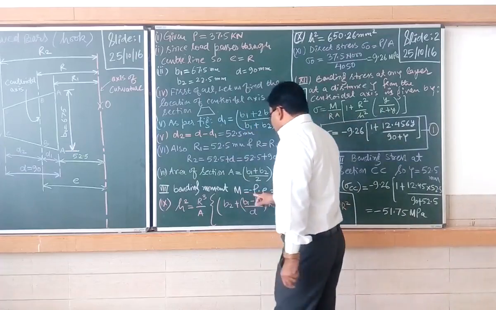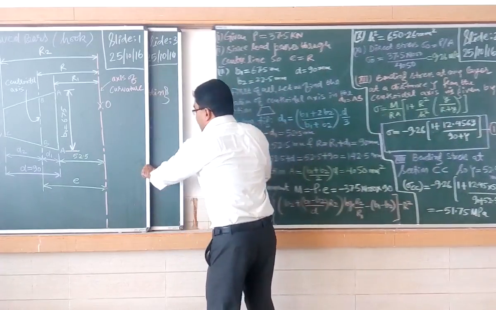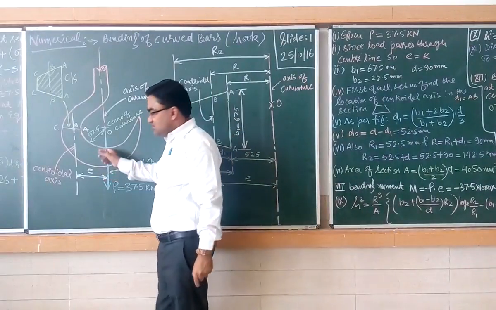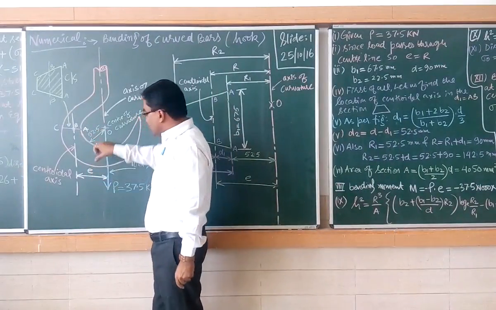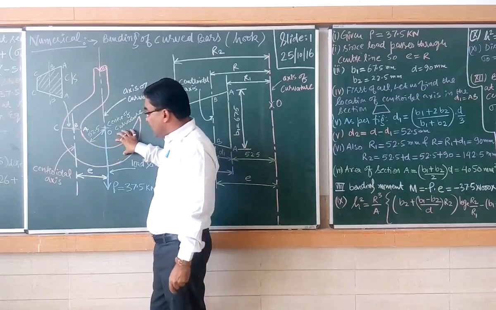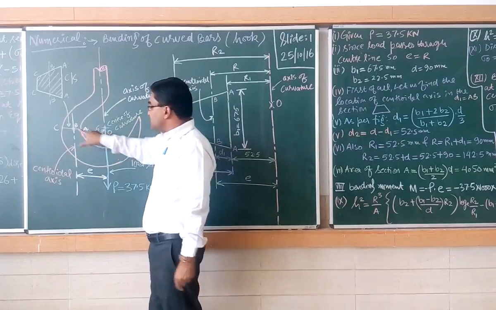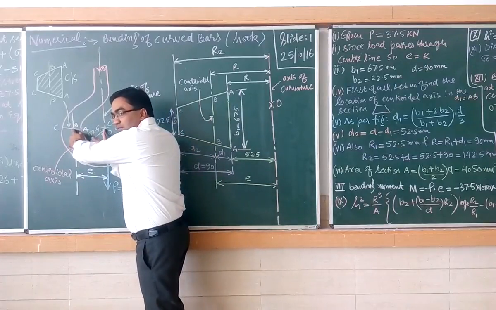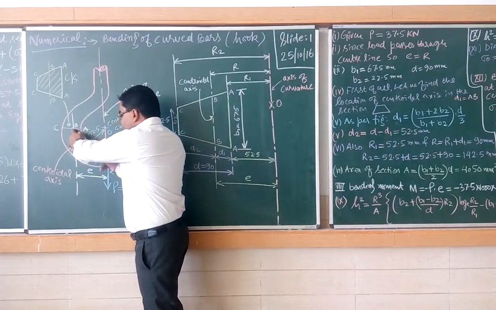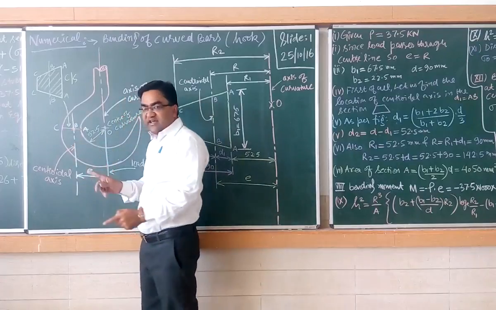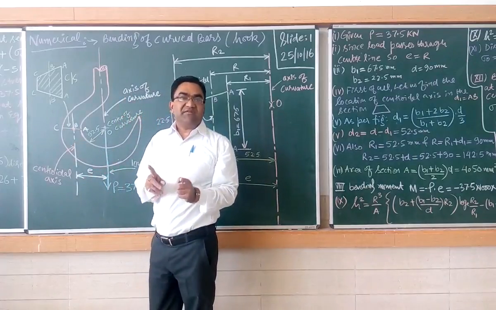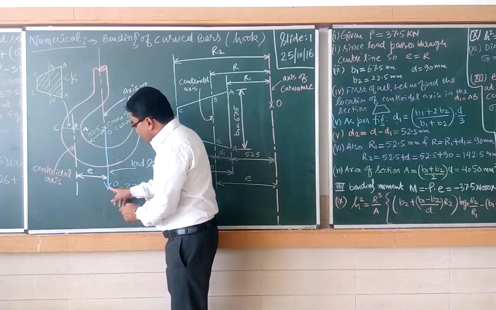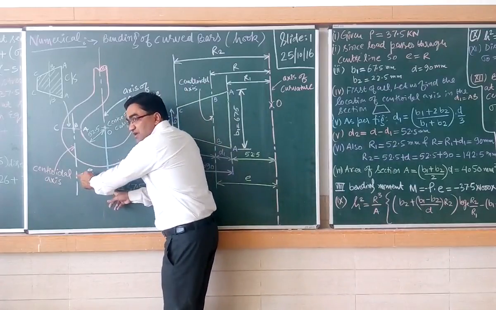Now we are trying to find out the bending moment. How to find out the bending moment? What is the meaning of bending moment? Since the load is applied over here, it will have a bending moment, because the centroid is there. The distance between the centroid of the body and the application of the load means a bending moment will definitely be produced. So what will be the value of that bending moment? P multiplied by E.